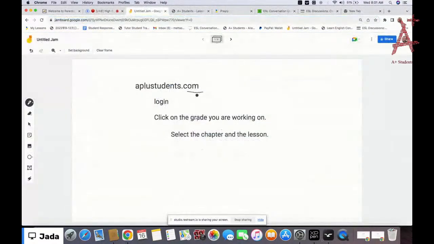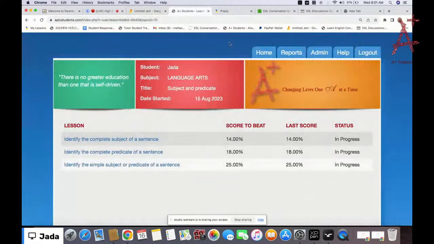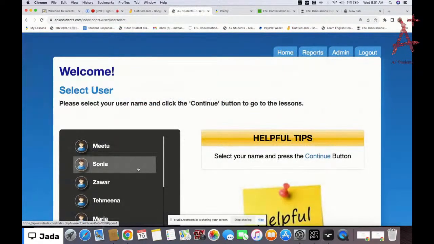Okay, so first off, you log in using aplusstudent.com, put in your email and your password, and then next you go to where you have your name. You click on your name, and these are the names here. So you just click on the names, and then